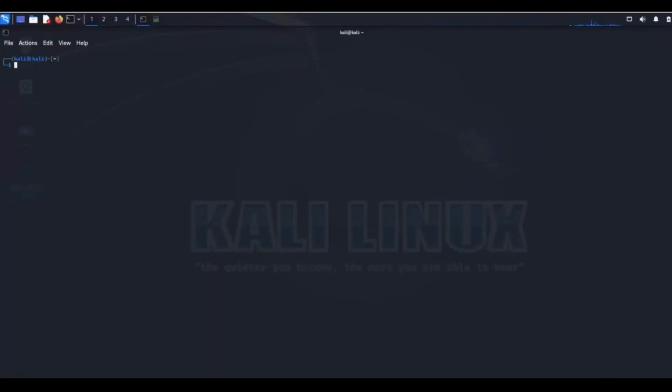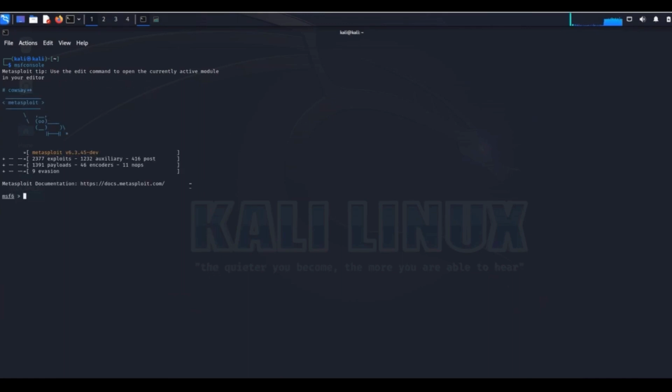So as previously mentioned, the console will be the main interface of the Metasploit framework. The console can be launched from the terminal by typing in the msfconsole command. This can be typed in the terminal of the system where the framework is installed. And here we can see that the framework is being launched right now, and we just have to wait until this process is completed. Yes, so now the framework is launched from the terminal,